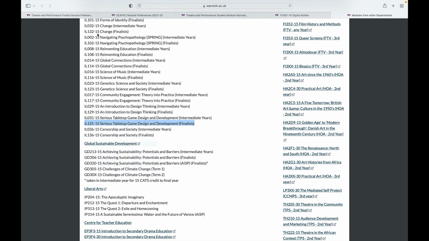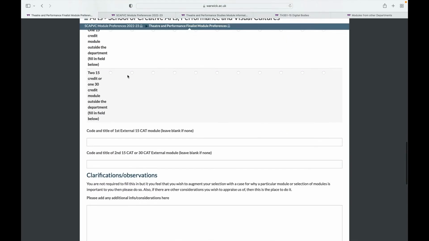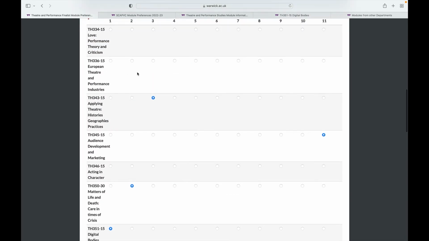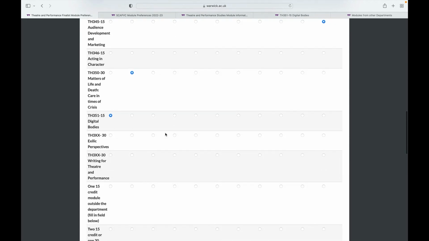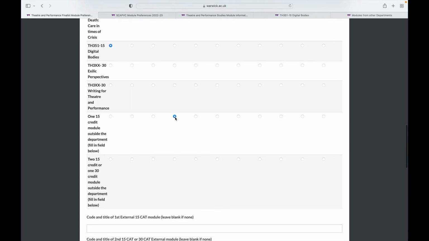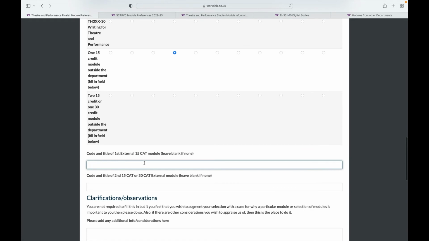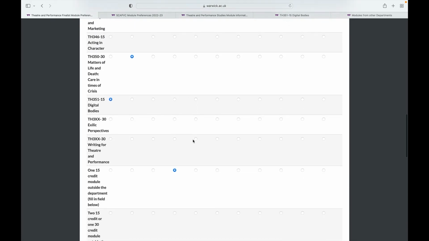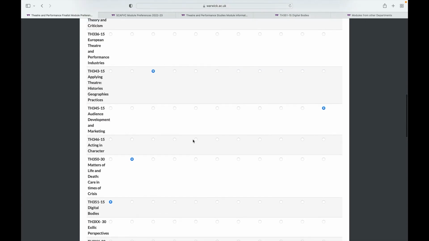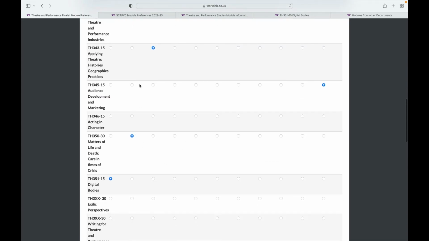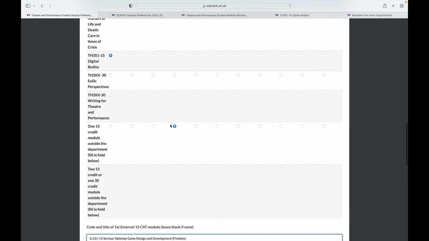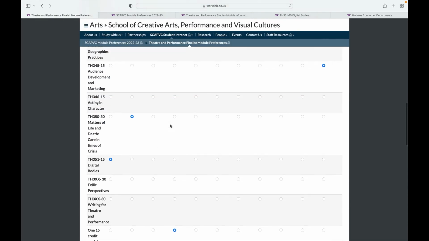So this just means I can copy this, go here, and this will be my 4th choice. So my 4th choice is down here, 15 CAT module here, and I'll put the choice in there like that, so it's clear what it is I want. And I've got 15 CATS to play with, I believe. 15, 45, 60, 75, yes. So one further 15 CAT module,